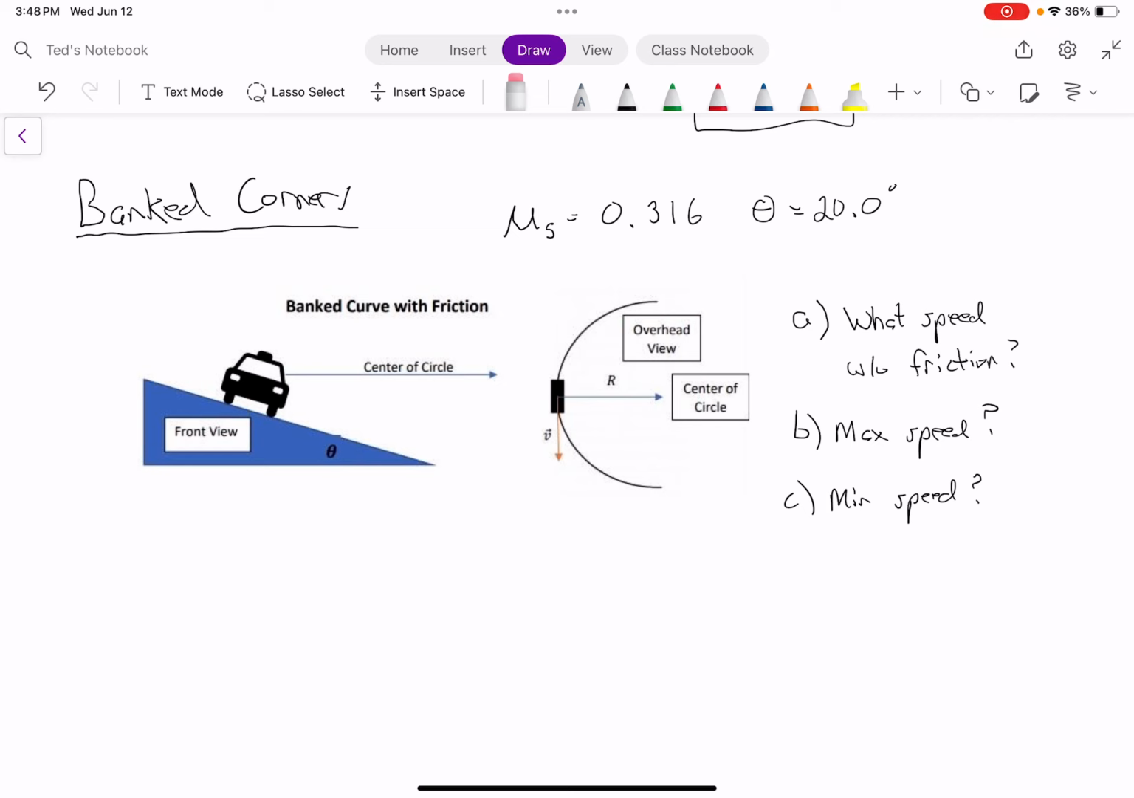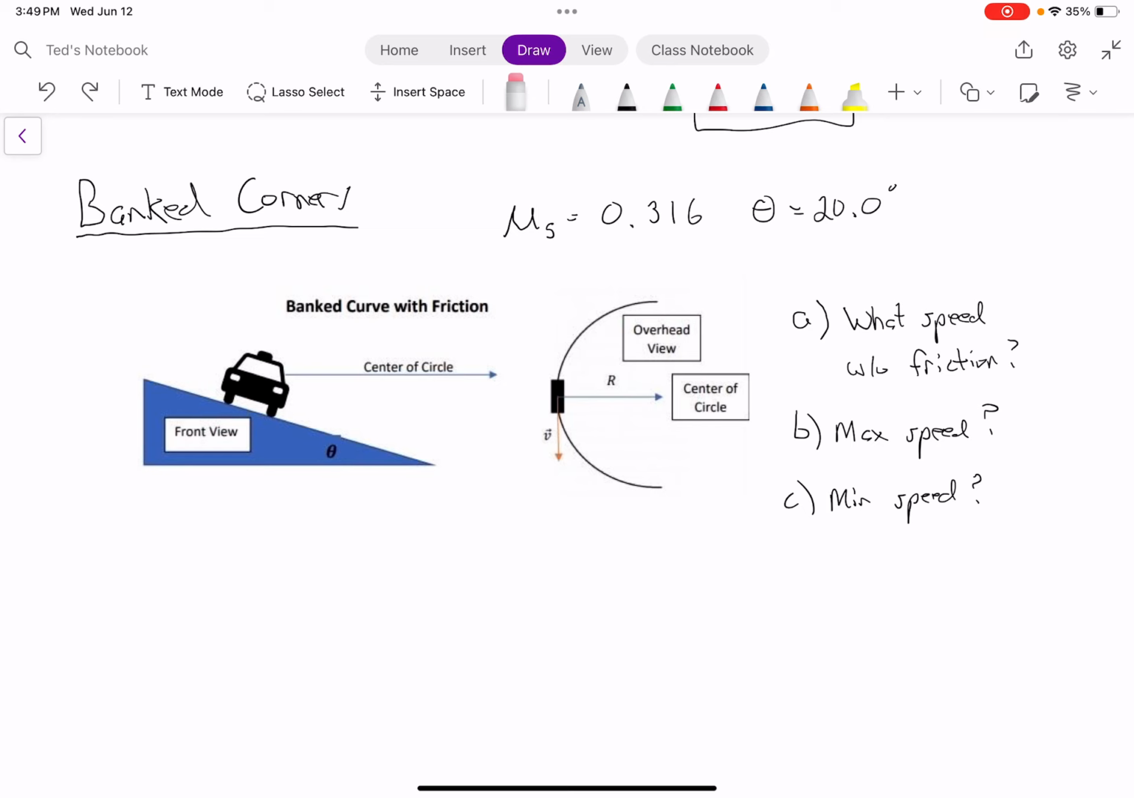And the question, we're given the coefficient of static friction between the tires and the road, and we're given the angle of the hill. And we are asked to find what speed could you go around that curve without any friction at all? What's the fastest the car could go around that curve, and what's the slowest the car could go around that curve? Now, I want to begin by saying that 0.316 is a very small coefficient of static friction for wheels